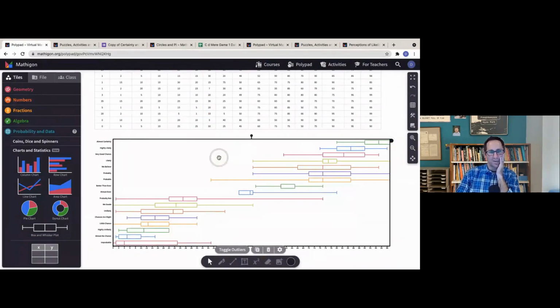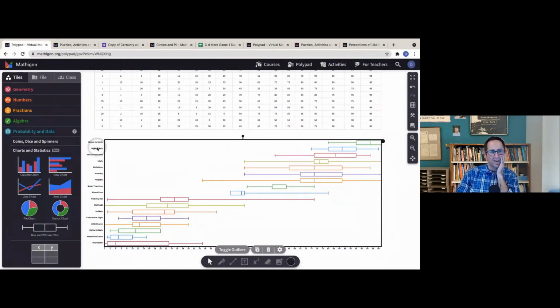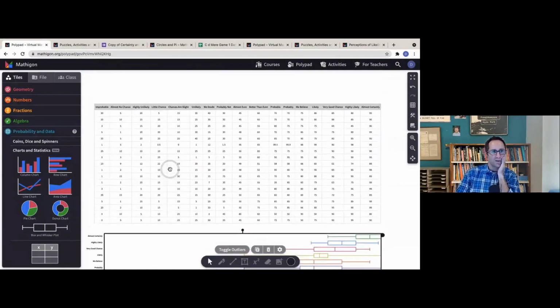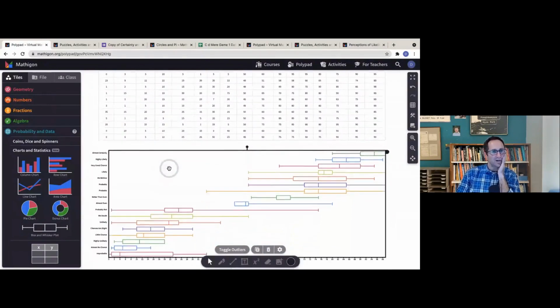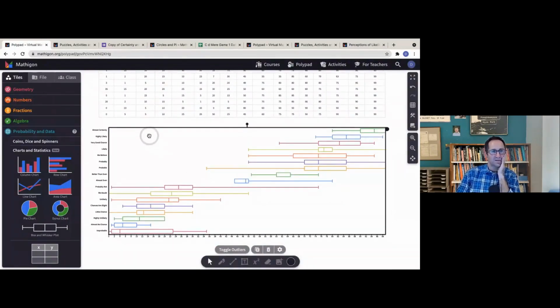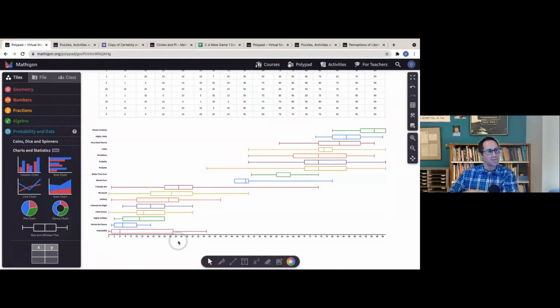I know it might be a little bit hard to see over a webinar, but those are all the categories from, all this data is sorted from what the people that responded to my survey had as the most likely to happen, almost certainly at the top, and improbable down at the bottom. And I found in my teaching of box and whisker, even though there are some tools out there that could help students make a box and whisker, we got so bogged down in the quartiles and the medians and what it meant that it was hard to get to some really good conversation about what the graph is telling us.